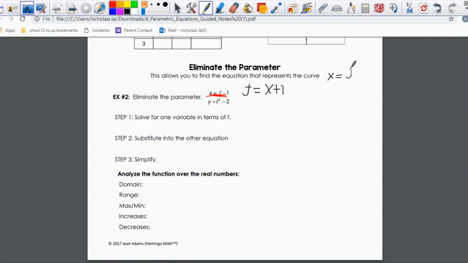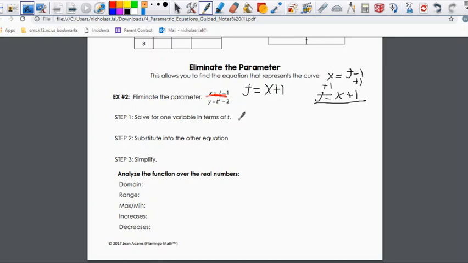x is equal to t minus 1. Add 1 to each side. t is equal to x plus 1. So now that we know t is equal to x plus 1, we need to substitute this into the other